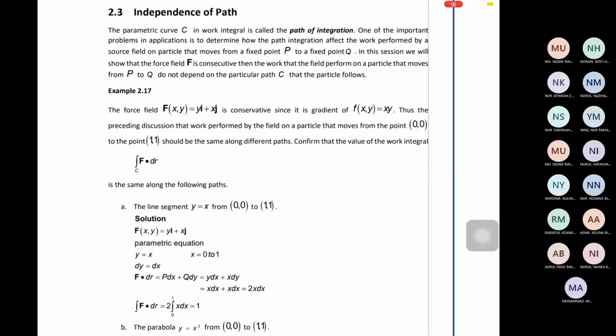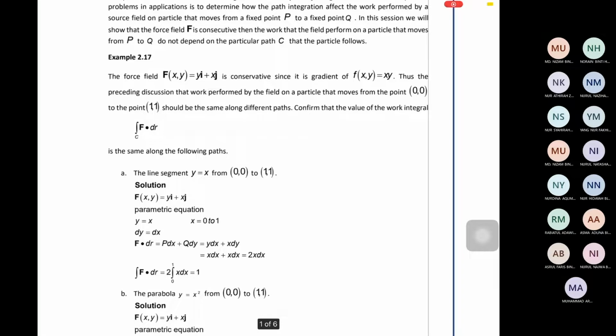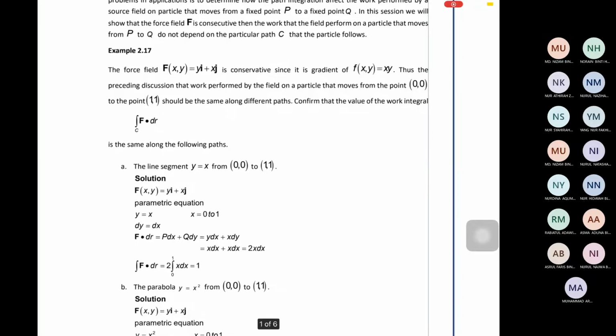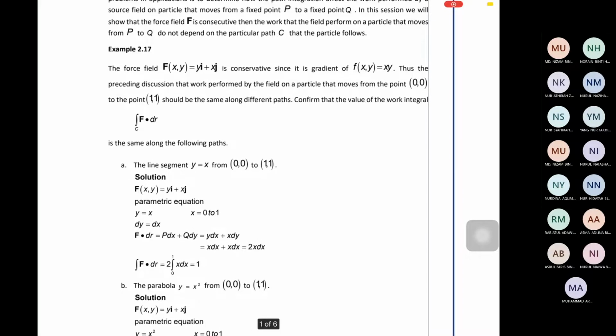Okay, example 2.17. The force field F(x,y) equal to yi plus xj is conservative, since it is a gradient of f(x,y) equal to xy. Jadi dia kata force field F is conservative since the gradient of f(x,y) equal to xy. Thus, by the preceding discussion, the work performed by the field on the particle that moves from the point 0 to the point (1,1)